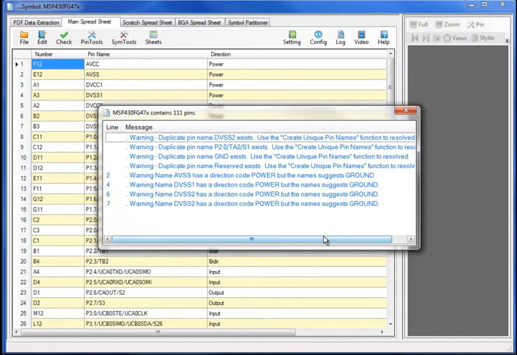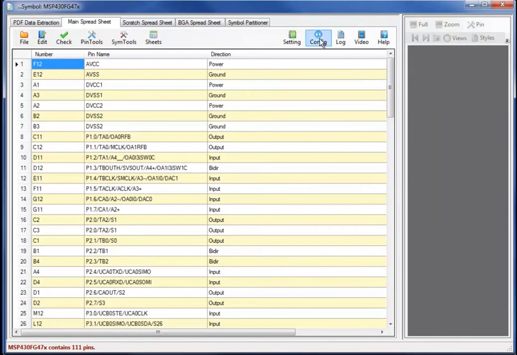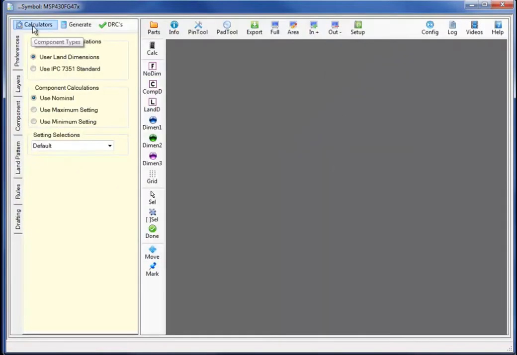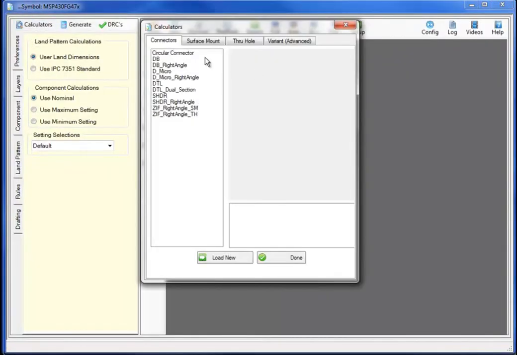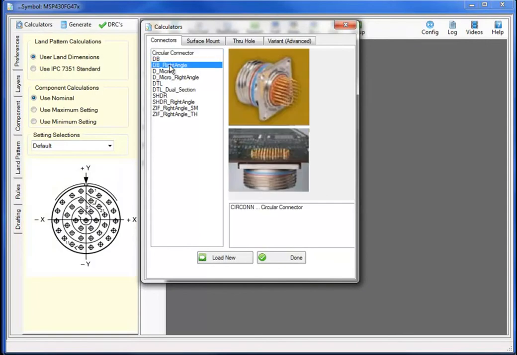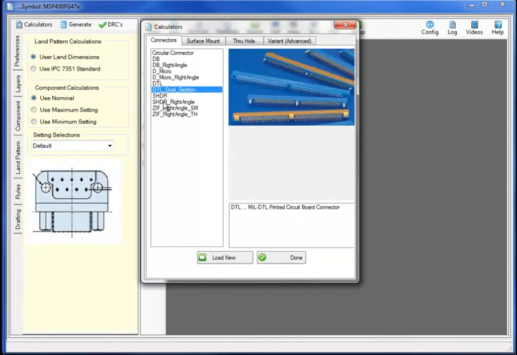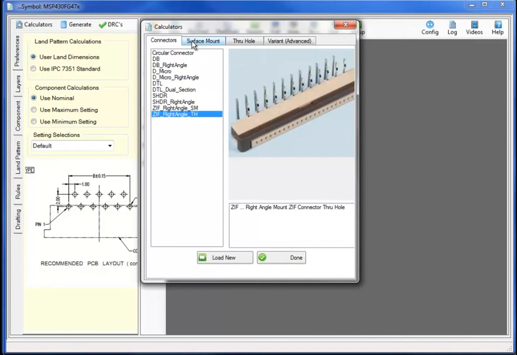But the PDF document specifies 113 pins. How do I find that discrepancy? Let's select the Configuration button and move to the FootprintBuilder, where I have the industry's most complete set of footprint calculators and generators, including circular connectors, DBs, DB right angles, duals, shrouded headers,